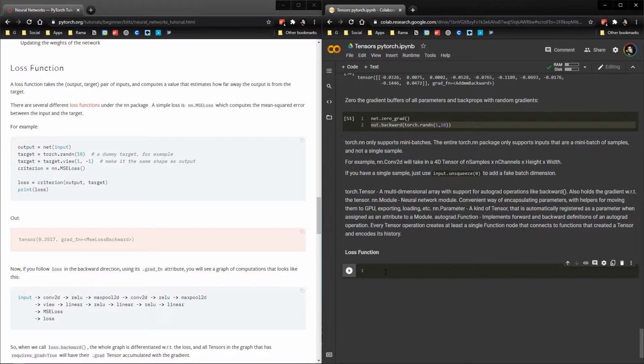There are several different loss functions under the nn package. A simple one is nn.MSELoss, which computes the mean squared error between the input and the target. For example,